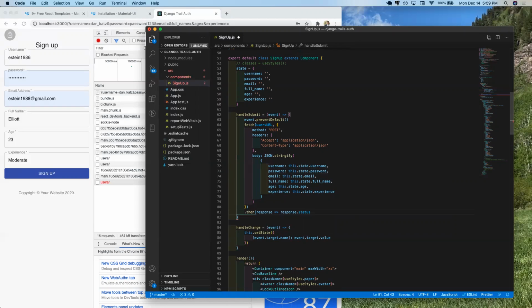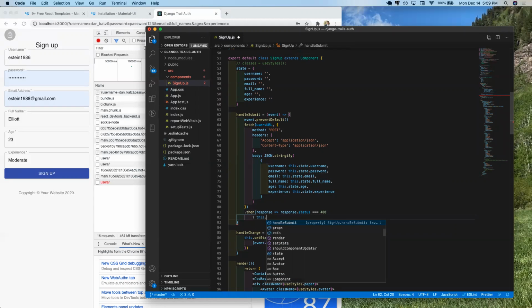And if it equals 400, so really anything that's a bad request, we'll set up a ternary like this. this.setState of an error message being, so user already exists, or email blank,